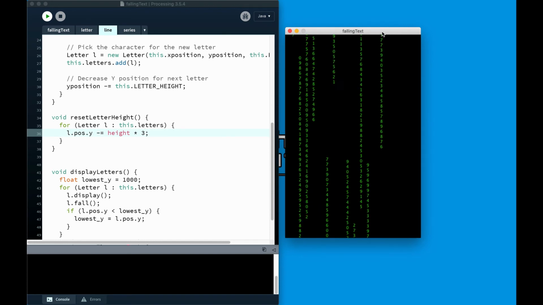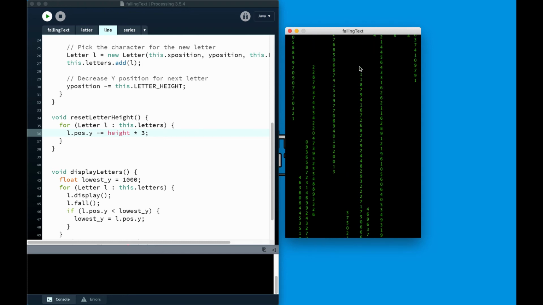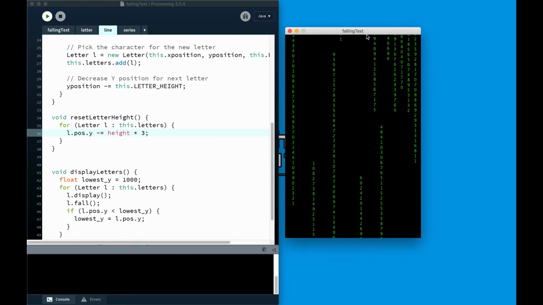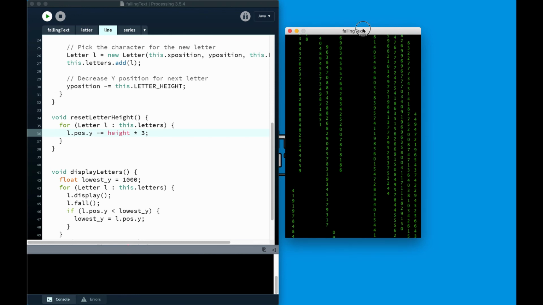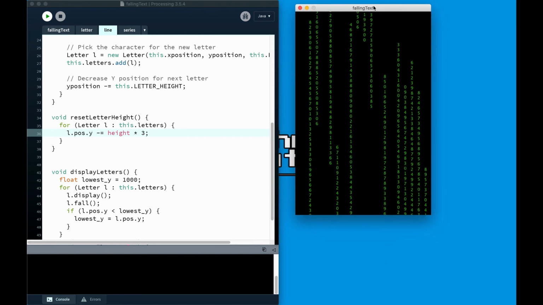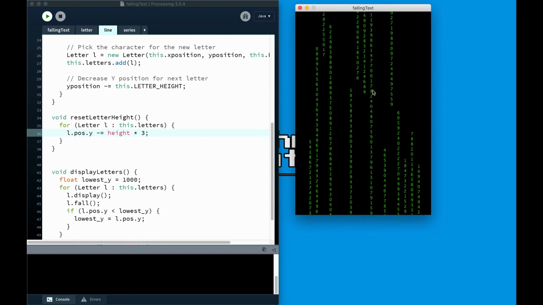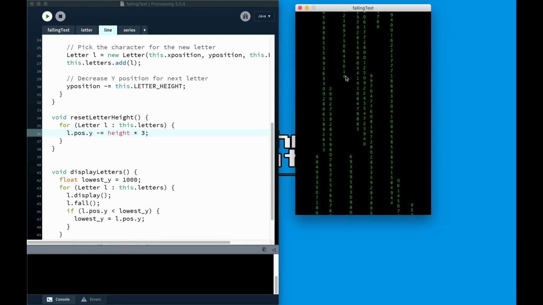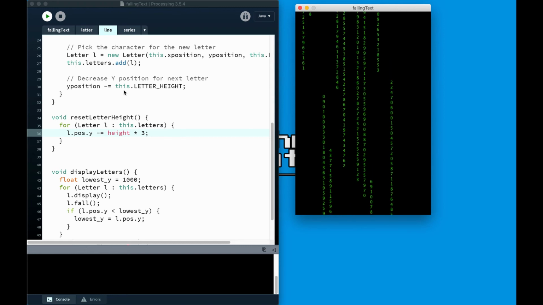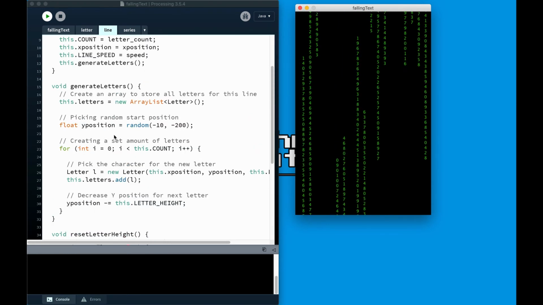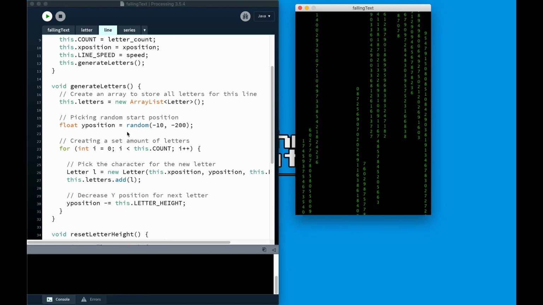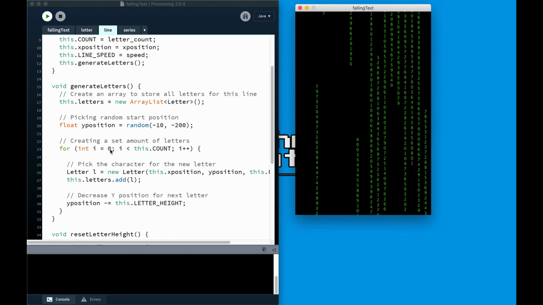Yeah, this is cool. Okay, last thing that I'd really like to implement is I would like to make the first letter white, because that's how it's done in the kind of Matrix style of this. So what we're going to do is make this leading letter white, so it's kind of the leader of the group. And the way we're going to do this is when we generate our letters, before we jump into this for loop, what I'm going to do is